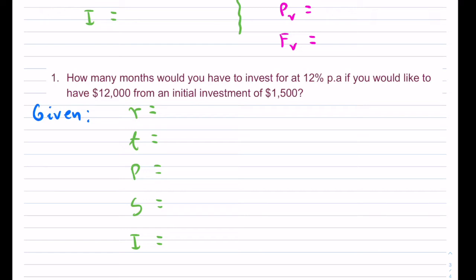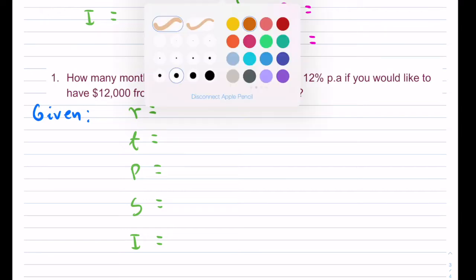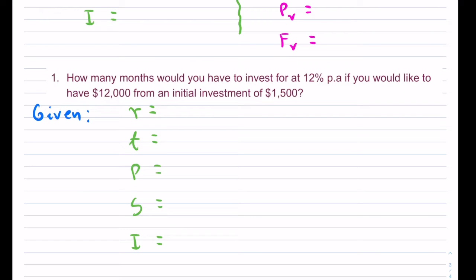And now I'm going to walk through the question and highlight for myself what they give me. They want to know how many months you would have to invest for. The first thing is 12% per annum, which as a decimal is 0.12. That's my R. If you would like to have $12,000 from an initial investment of